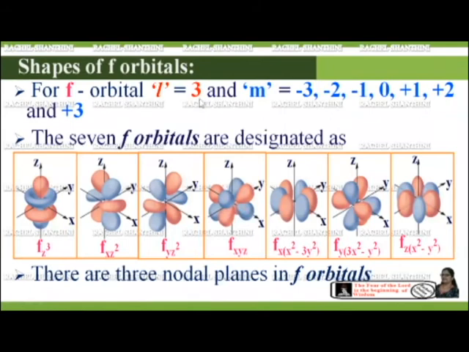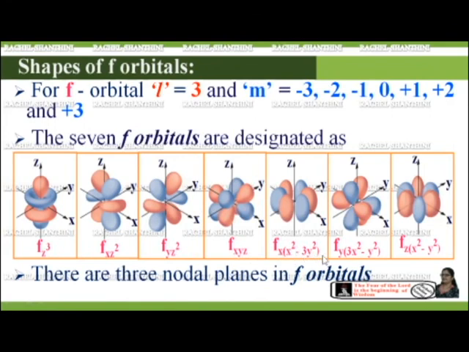For f orbitals, what is the azimuthal quantum number value L? L equals 3. And what are all the values of m? m ranges from -3 to +3. That is -3, -2, -1, 0, then +1, +2 and +3. So it will have how many values? 7 values. So the 7 f orbitals are designated as fz cube, fxz square, fyz square, fxyz, fx into x square minus 3y square,